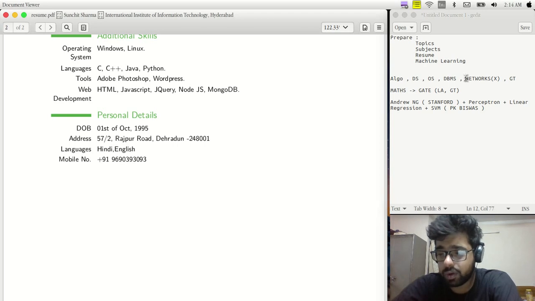Although there have been students who prepared well for GATE, didn't prepare for the interview, and got selected. But these people had put a lot of effort into GATE, and a bunch of concepts were cleared, so it's done. You just have to clear your concepts really well, and luckily they were questioned on the concepts they knew.